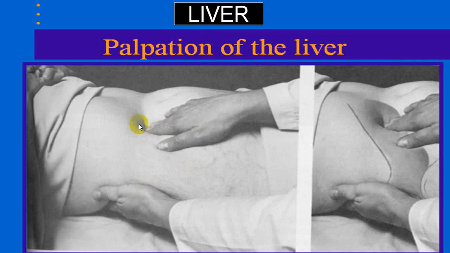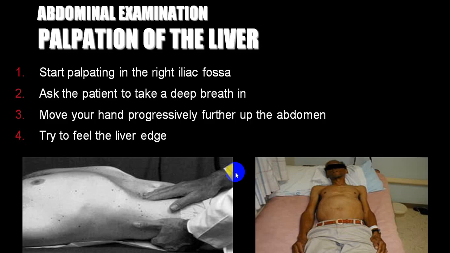By and large, to palpate the liver you use the dip method, and you start palpating from the right iliac fossa, going towards the right hypochondrium, or we say the right costal margin. You palpate for the lower border of the liver. If it is difficult, then you can use the bimanual method, though by and large it is not commonly utilized.